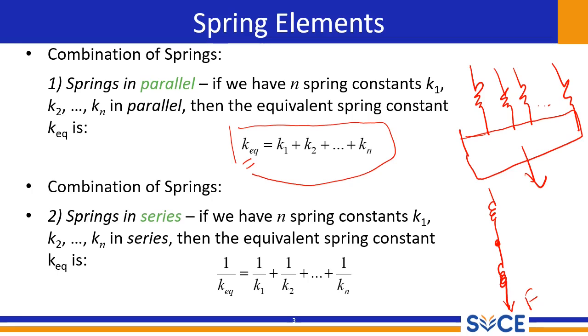So for n springs in series, the formula is 1 by k equivalent equals 1 by k1 plus 1 by k2, and so on. That means it is the summation till the nth stiffness. This means that the overall stiffness of the springs in series is actually less than the stiffness of the weakest individual spring. Hence, this understanding will help you to simplify complex spring systems and calculate their overall